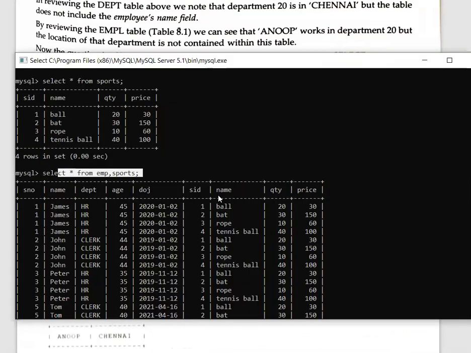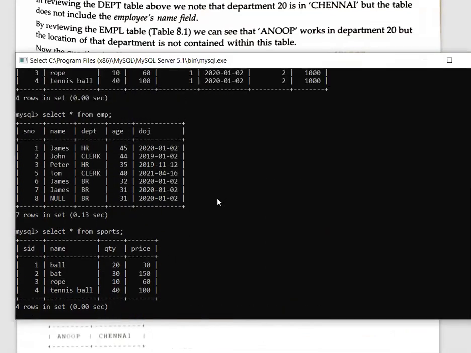Now suppose over here also, if we take these two tables, we can see in serial number 1 2 3 4 was there, and here in SID also 1 2 3 4 was there. So we can also combine these two tables on the basis of serial number of this and SID of this, because both of them have at least common values.